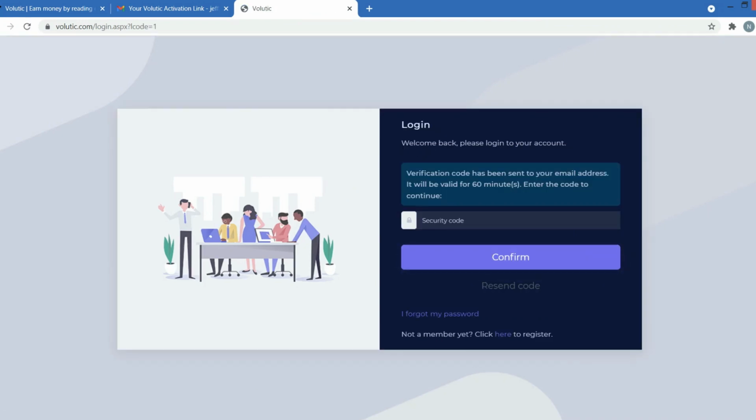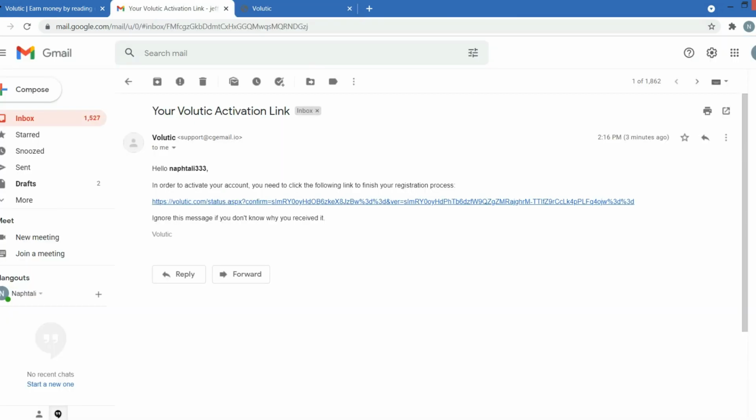Then it says verification code has been sent to your email address. It will be valid for 60 minutes. Enter the code to continue. So you can go back to your email and then click on